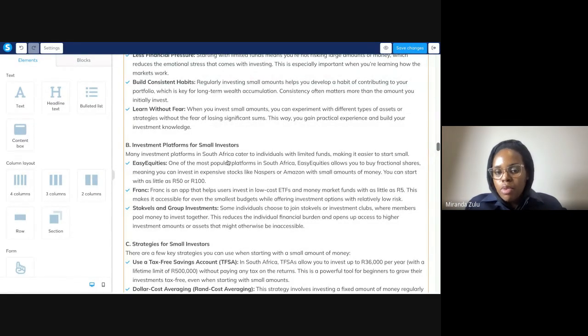And so some platforms that accommodate this are Easy Equities, Frank, Stocks for Fells, and group investments. Some banks do offer group investments or joint Stokvel investment clubs where you can tailor the structure. I know Frank does this as well, where they call it shared saving goals or shared goals. It's almost run like a Stokvel, but it is an investment type of account, and you can start with as little as 50 Rand, 100 Rand, even less than that.